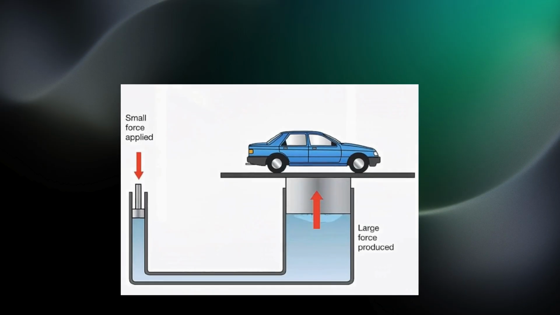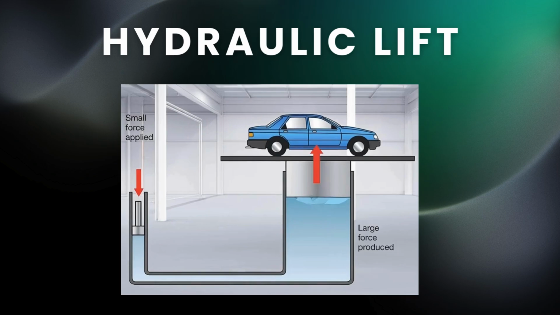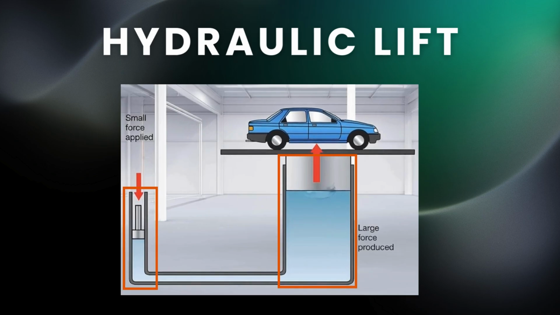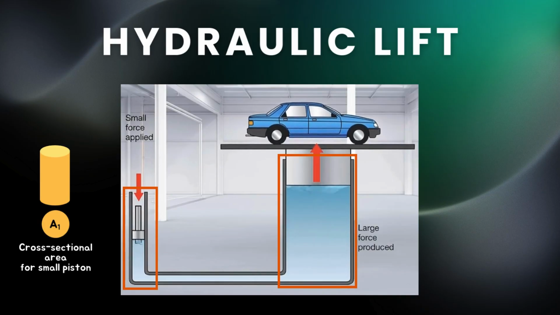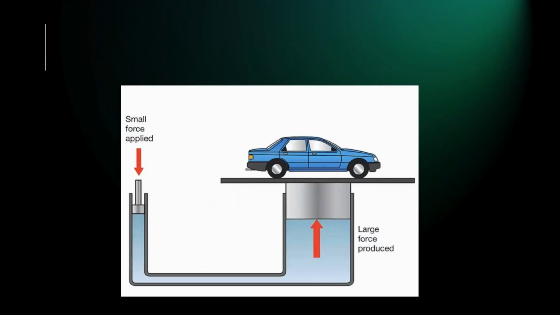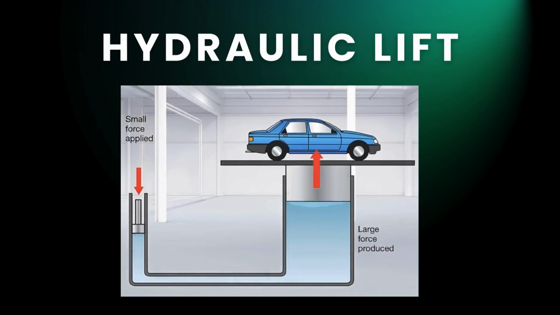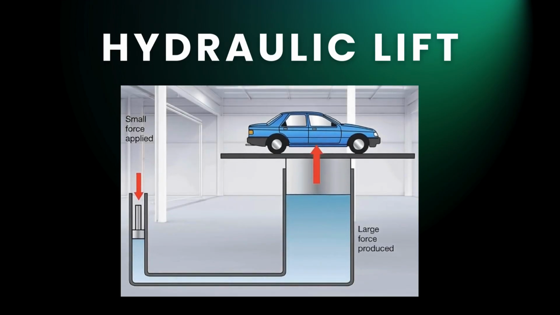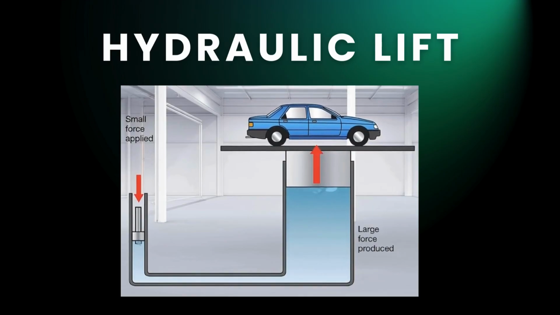One practical application of Pascal's principle is the hydraulic lift. A hydraulic lift consists of two pistons connected by a fluid-filled pipe, a small piston with area A1 and a large piston with area A2. When a force is applied to the small piston, pressure is created in the fluid. Pressure is defined as force acting per unit area. Mathematically, pressure is given by the equation P equals F divided by A, where P is pressure, F is force,